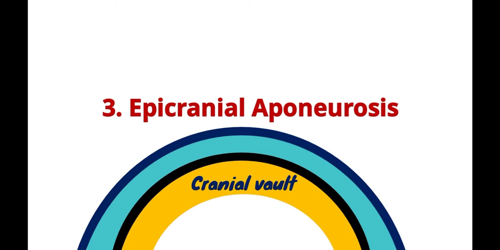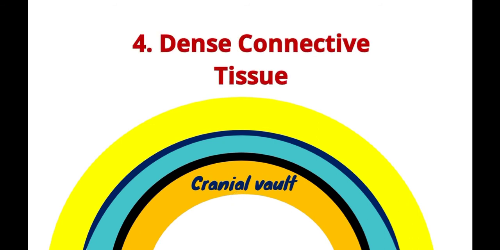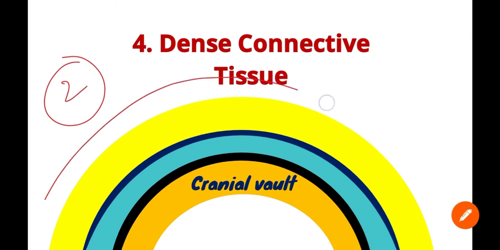gape only when the galea or epicranius is divided transversely. So the next layer above the epicranial aponeurosis is the dense connective tissue. It is the second layer from above. It is composed of a close network of fibrofatty tissue and connects firmly the overlying skin and underlying galea aponeurotica and epicranius muscles. So above this layer skin is present, and below it epicranial aponeurosis is present, and it is firmly adhered to the skin and firmly adhered to the